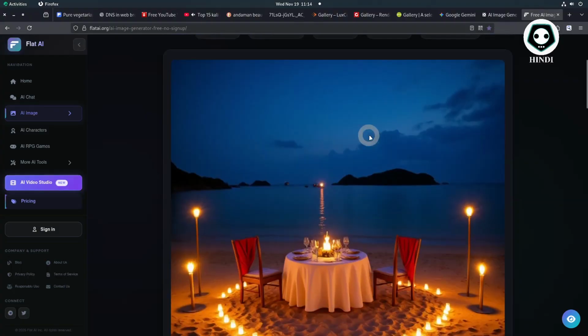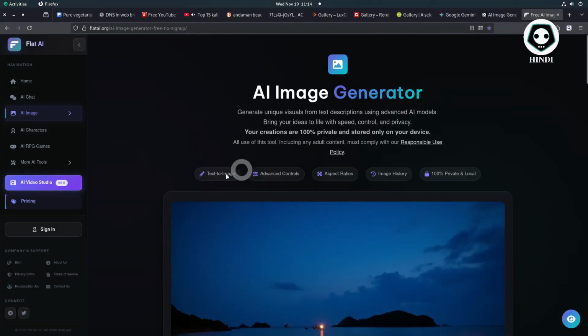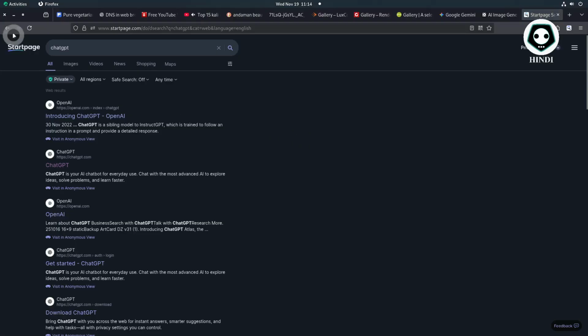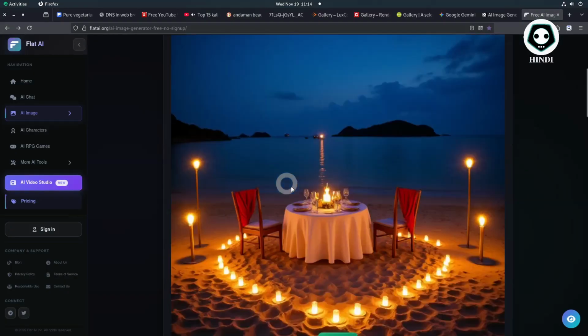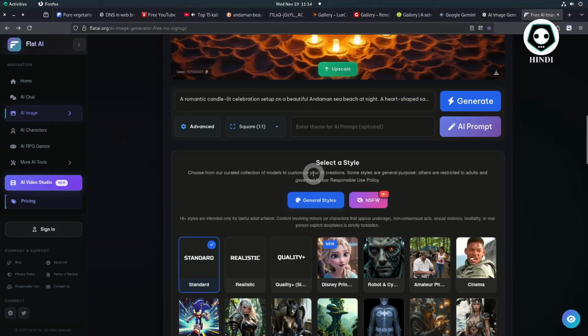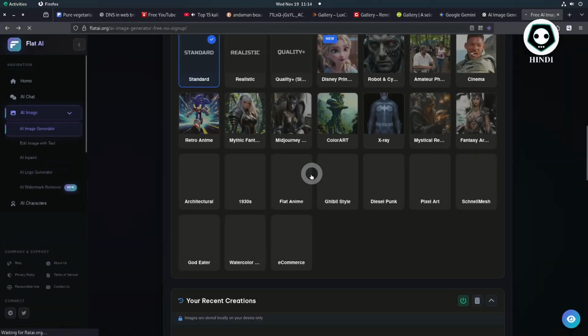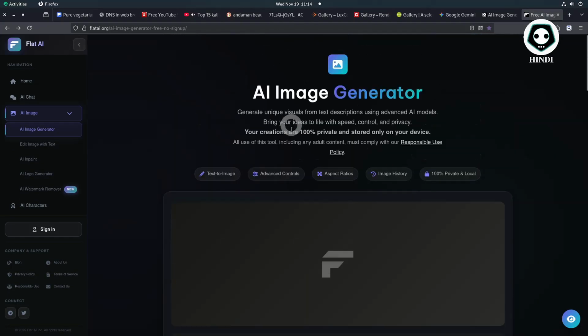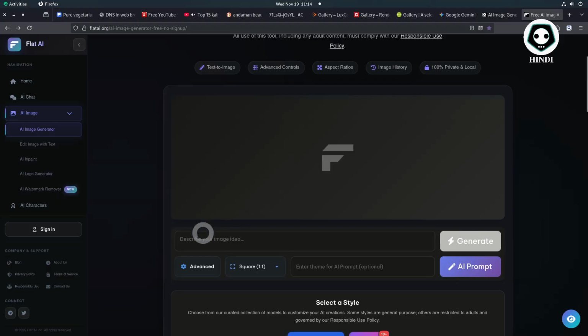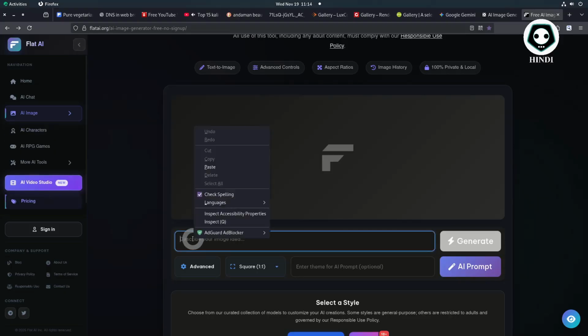So this is another one, flat AI. This site generated only one image, only a single image. From here, the same prompt I want to upload. So this is a description box.